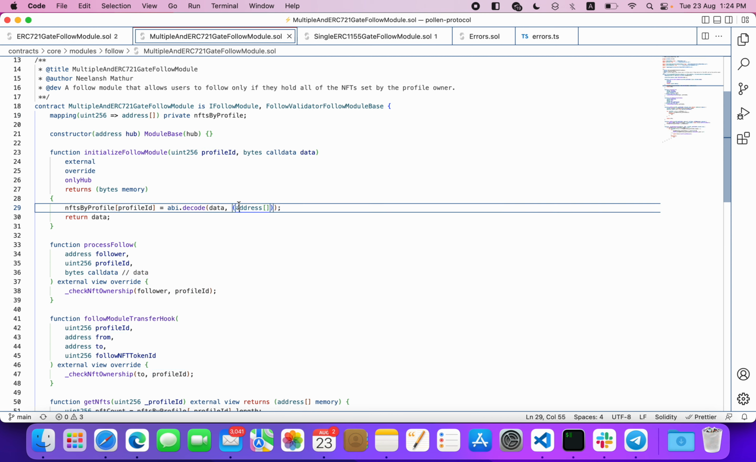Then we are just looping over all of them and checking if the balance of the user is greater than 0 or not, right? And then we're reverting, right? If it's 0, then we're reverting with errors dot insufficient balance. Now, where is this coming from? Now, why are we using this instead of